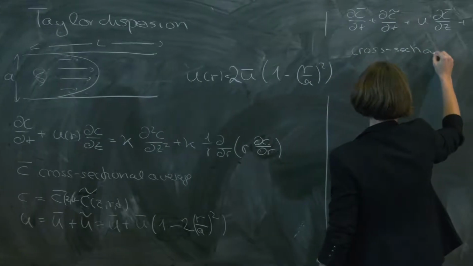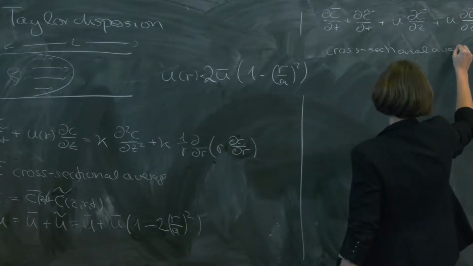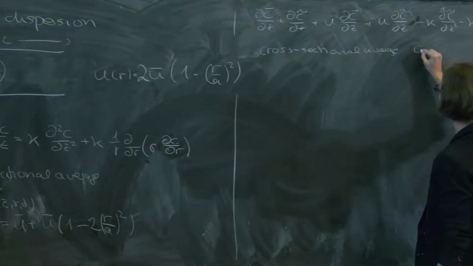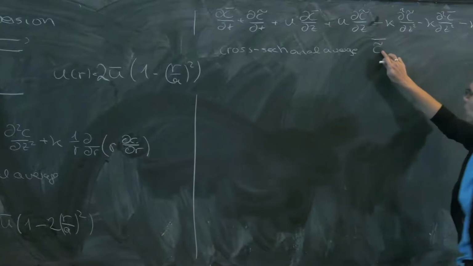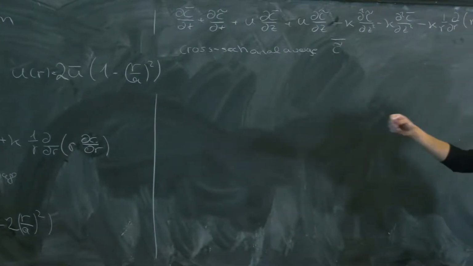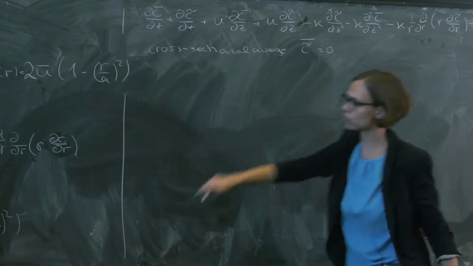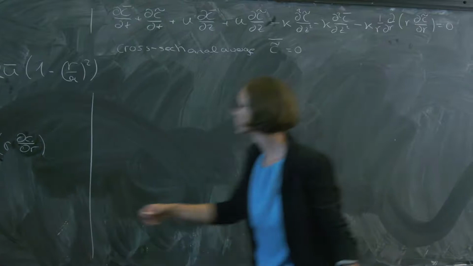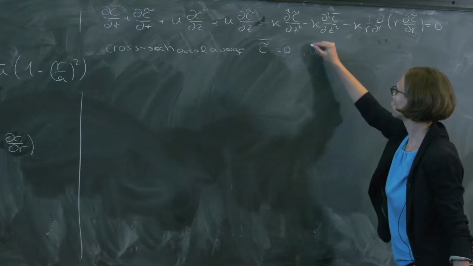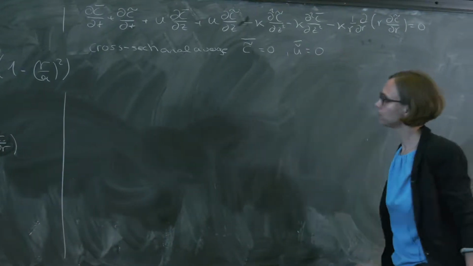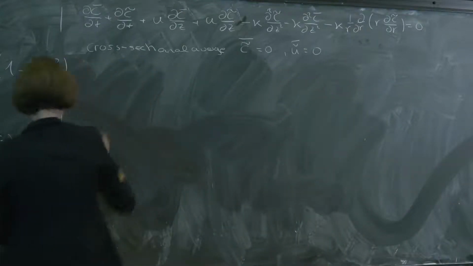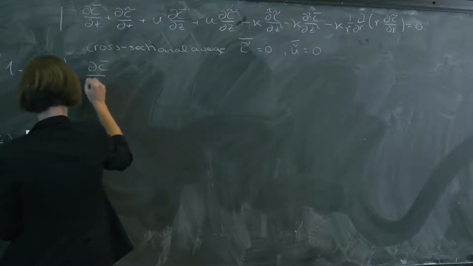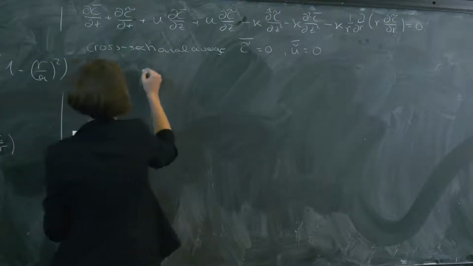because that's what I'm actually interested in. I can make use that if I take the cross-section average of the variation, I know that this should be 0, because that's just the definition of how I put it in, that it's the variation around it. And the same is true for this. So when I now take the cross-section average, I find this one's 0, and then plus